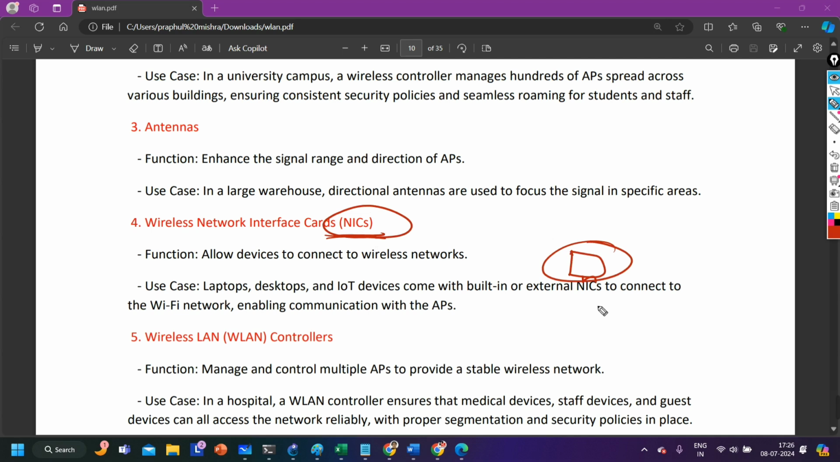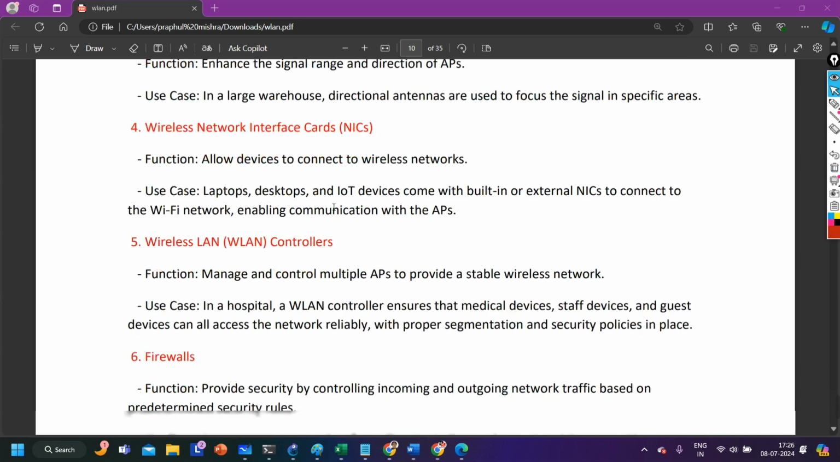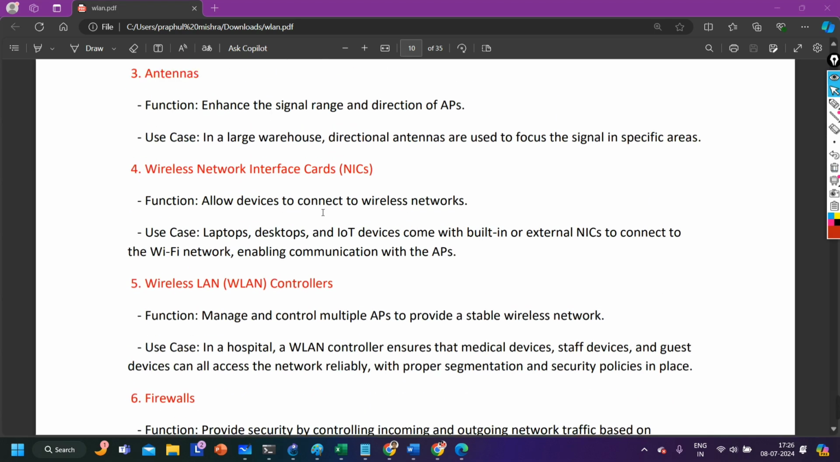Okay. So whenever a device gets connected to the network wirelessly, that means it is using a wireless NIC. So the function of a wireless NIC can be what? Allow devices to connect to a wireless network. Laptop, desktop, IoT devices come with a built-in or external NIC to connect to the Wi-Fi network, enabling communication with